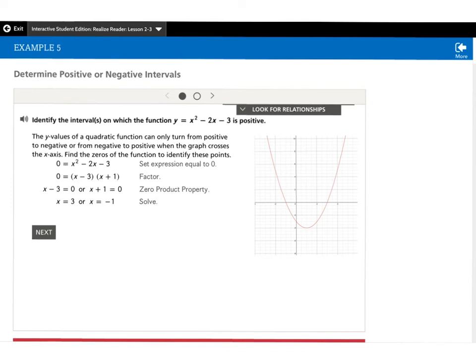Determine positive or negative intervals. Identify the intervals on which the function y equals x squared minus 2x minus 3 is positive. First of all, if I want to find intervals, I know my function is intersecting with the x-axis. In the back of your mind, you should have this diagram roughly drawn already. And if you have this drawn, you know exactly what you're looking for, which is these 2 points,